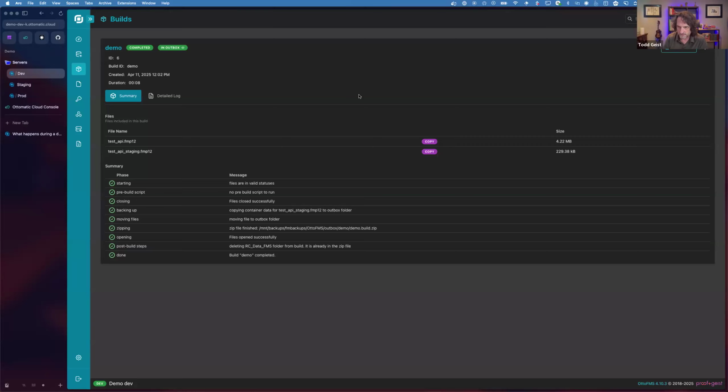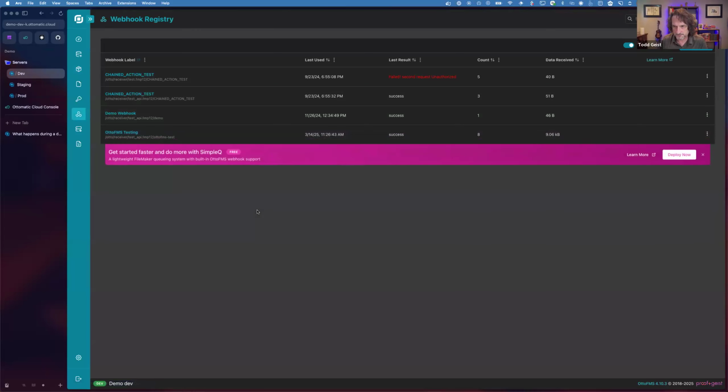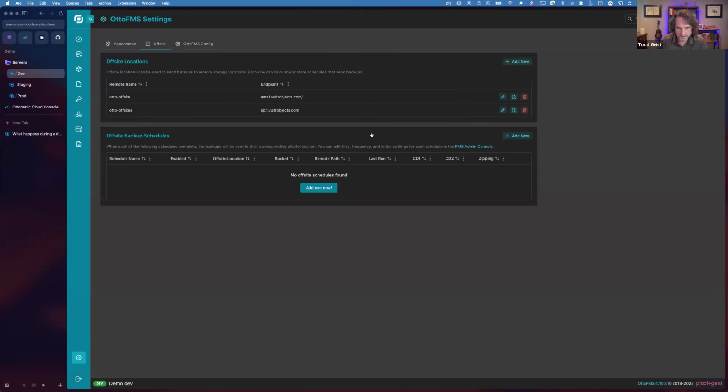One is the automated deployments and migrations and all that. The second one is webhooks, which I don't know that we'll have much time to dive into, but it's a dead easy way to receive webhooks from any third-party system that sends webhooks. It takes almost no effort to do. And then the other one is offsite backup. You can configure the server to do offsite backups to any S3 compatible storage. So those are the three biggies. Then there's a billion other little things that are really cool, but those are the big ones.